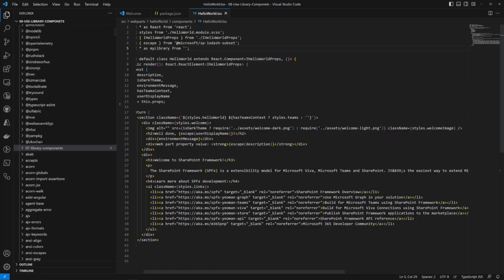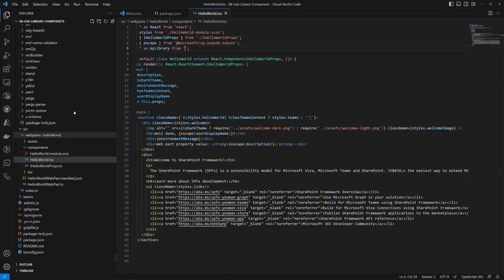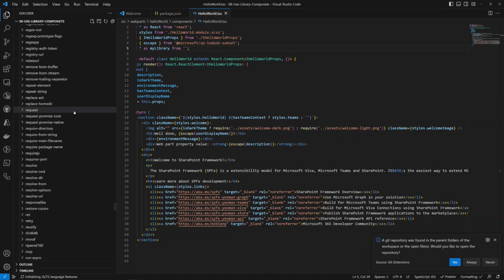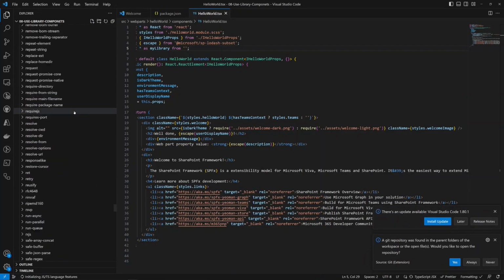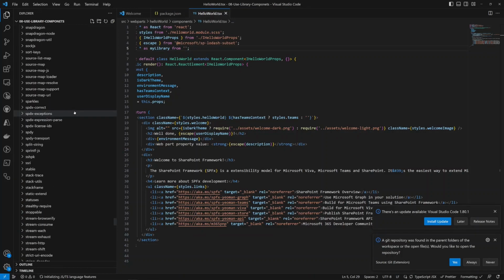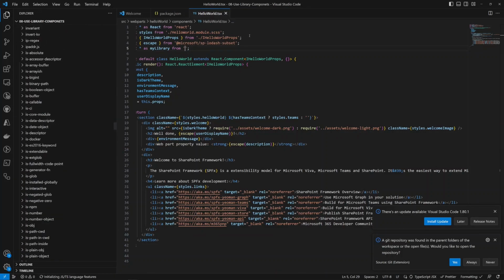I think I need to use the same as I mentioned, 07. I'm not sure why the IntelliSense is not working, but we need to